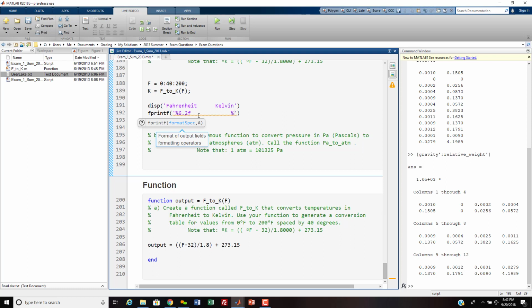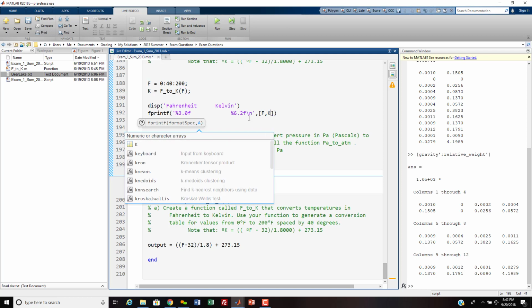So we'll do our 6.2 F here, and our Fahrenheits are all even numbers, so it's going to be 3.0. There's no decimals because we defined it from 0 to 240s. Do our page return, come in here and create our thingy here, F and K,